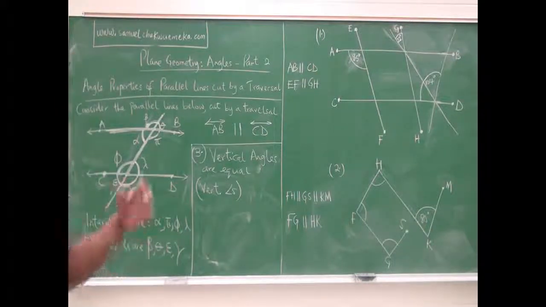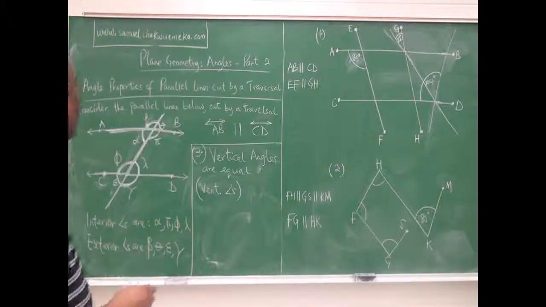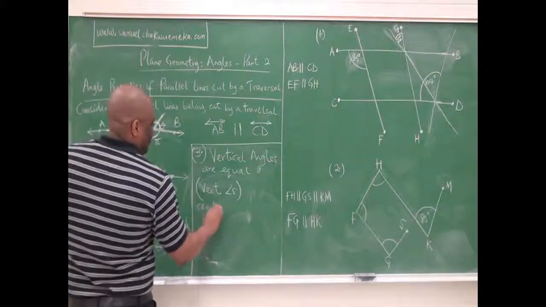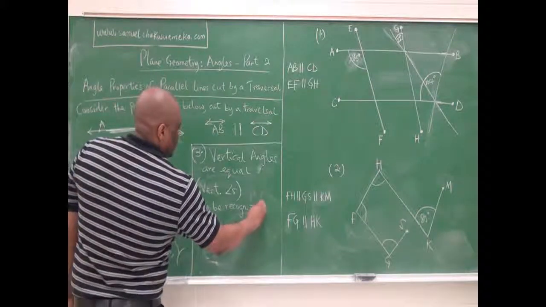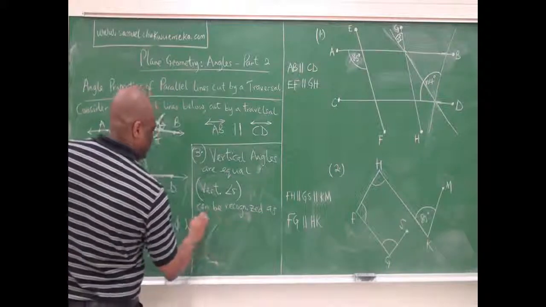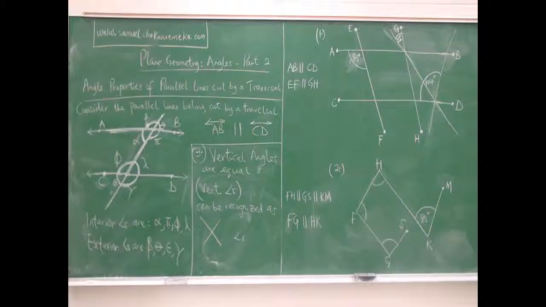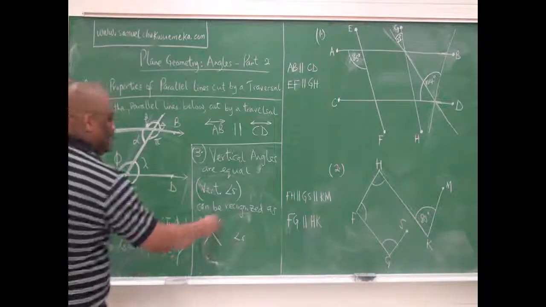Now, what are vertical angles? Vertical angles are just opposite angles. They are opposite angles. They can be recognized as X angles. So how many X do you see here? You see two X's, you see? Now, the X angle I mean is that